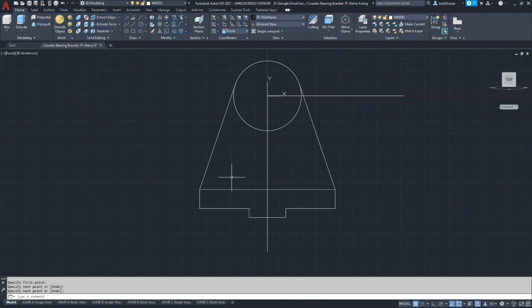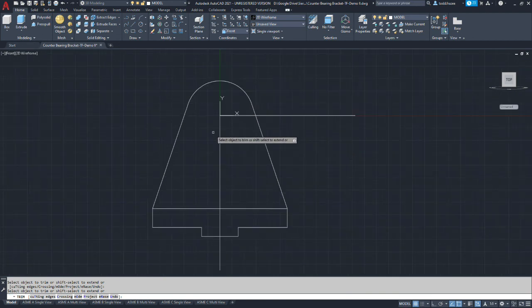All right, so we're going to start this with two extrusions. One will establish the angled flange, and the other extrusion will develop the base flange, and everything else will be built from that. So we're going to trim this circle. Okay, so we've got everything we need there. And for the extrusion command, you need an enclosed what's called a region. So we're going to create two regions here.